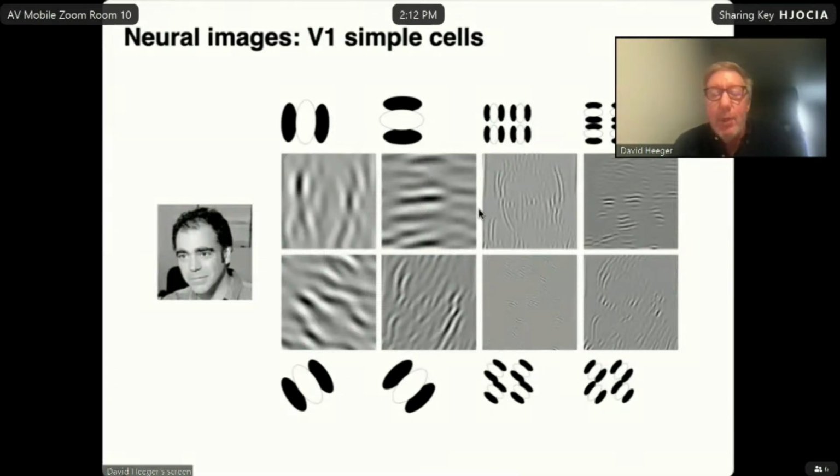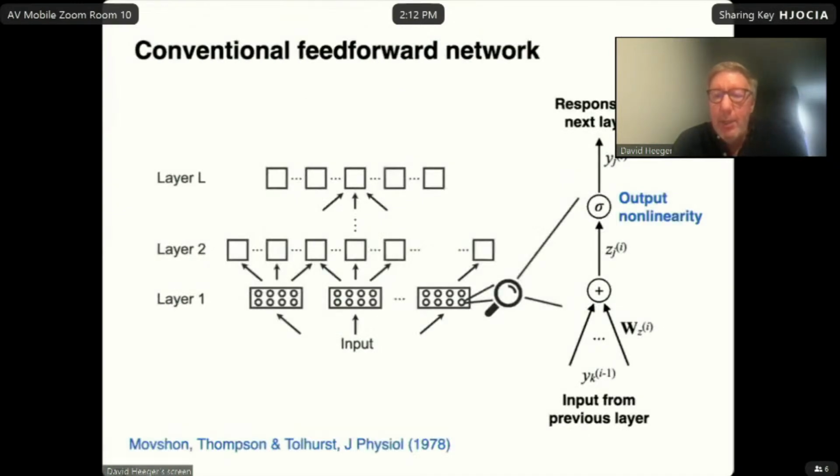These happen to be what Ted Adelson and Bill Freeman called steerable filters, and together with Ted and Bill, Eero Simoncelli and I developed them into what we called the steerable pyramid, to give you a rich representation of all of these different orientations and spatial frequencies. All right, 1970s,